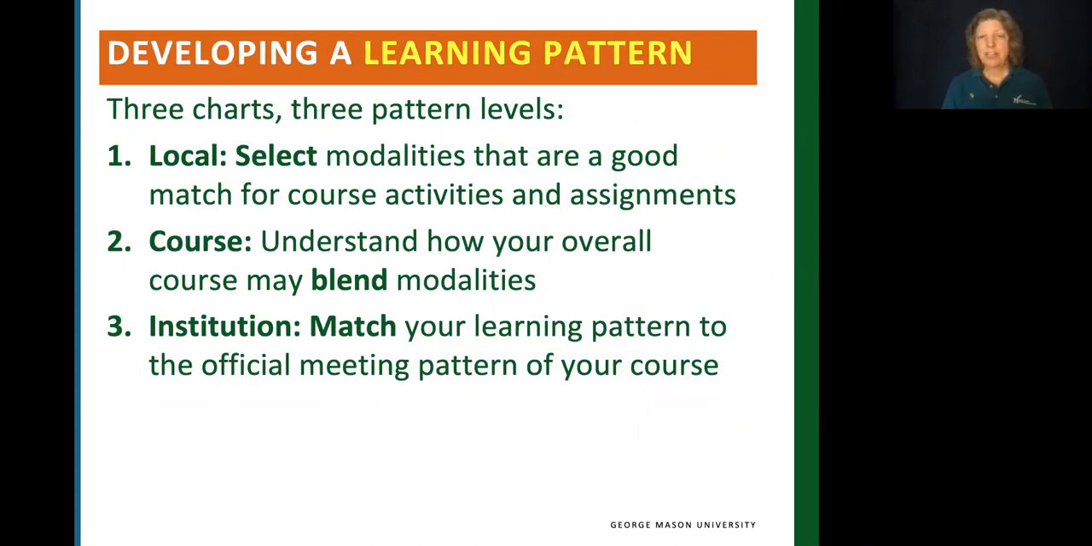So again, we've got 3 charts for you to take a look at, 3 pattern levels, thinking what happens at the local level, at the course level, and at the institution level. We're still exploring this at Mason, and so there may be places where one of these levels doesn't line up exactly with the other. But the more you have a pattern that is deliberately selected and repeated,